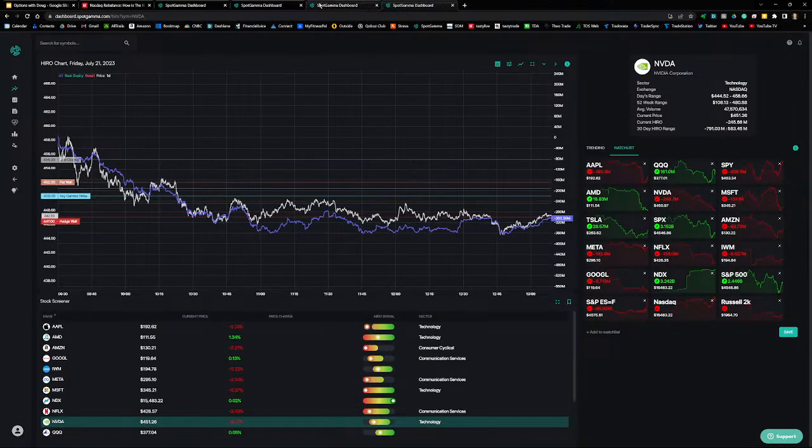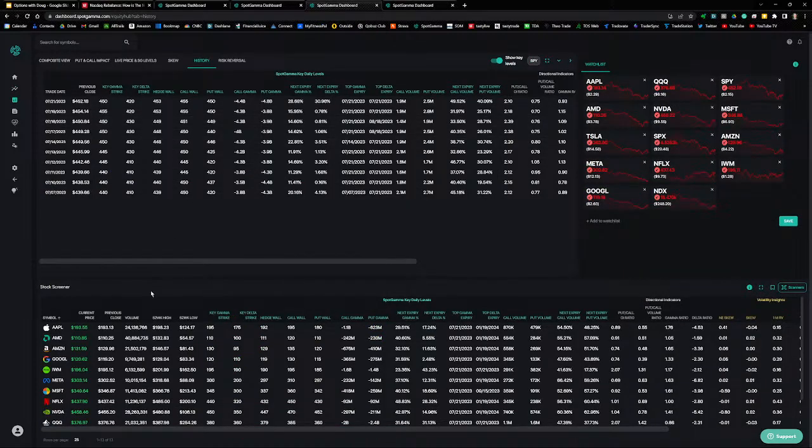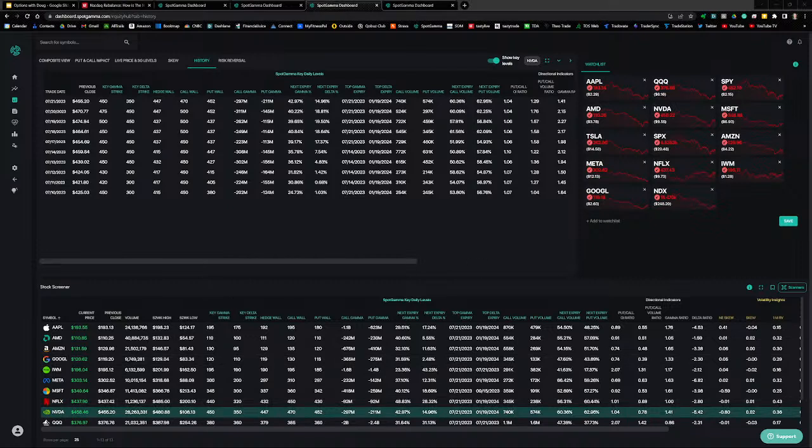Let's take a look at one other thing for NVIDIA. We'll go back to Equity Hub. Get some more information. So we know that, I'm looking at history up here, for the last 3 days, the key gamma strike has dropped from 500 to 475 to 450. That's bearish. Call wall shifted lower from 500 to 470. Put wall remains the same at 452.